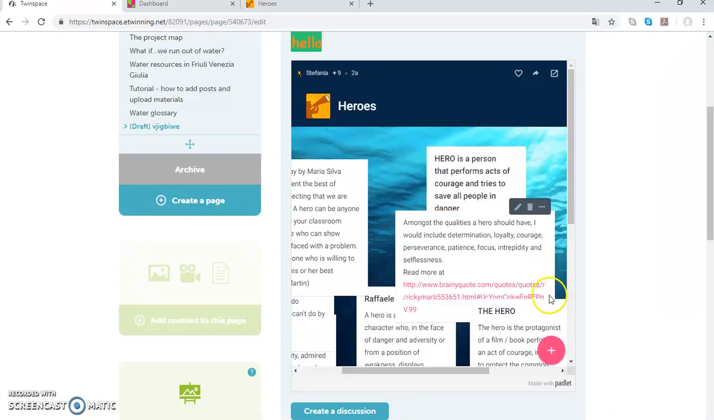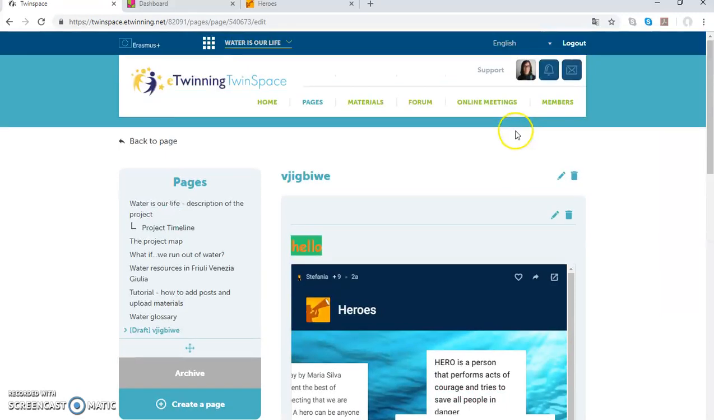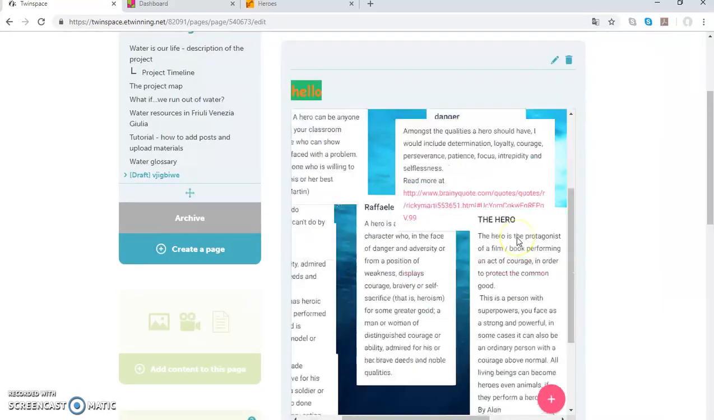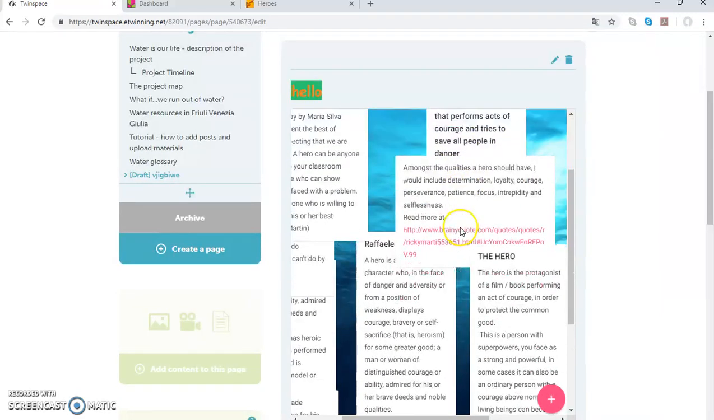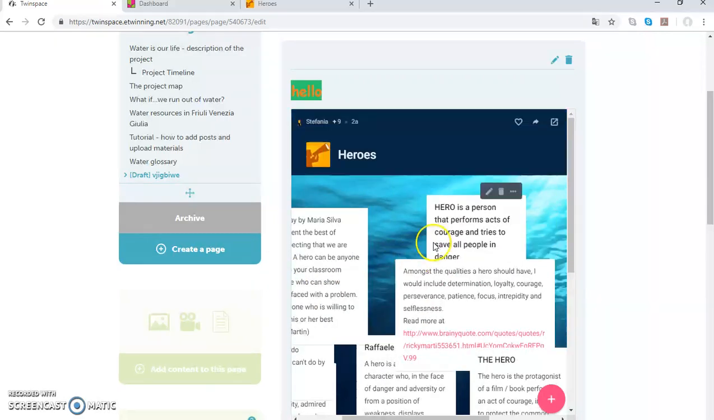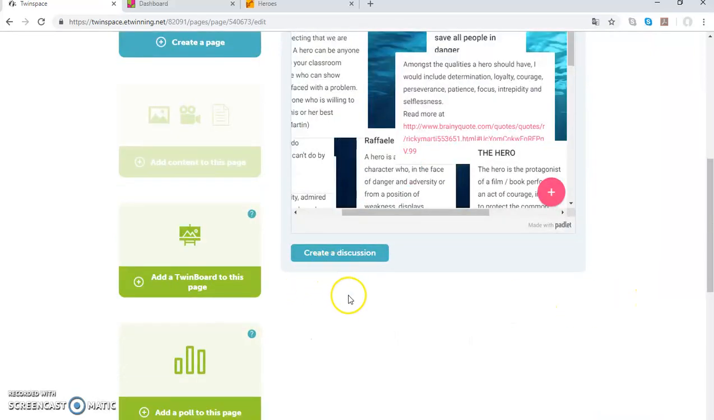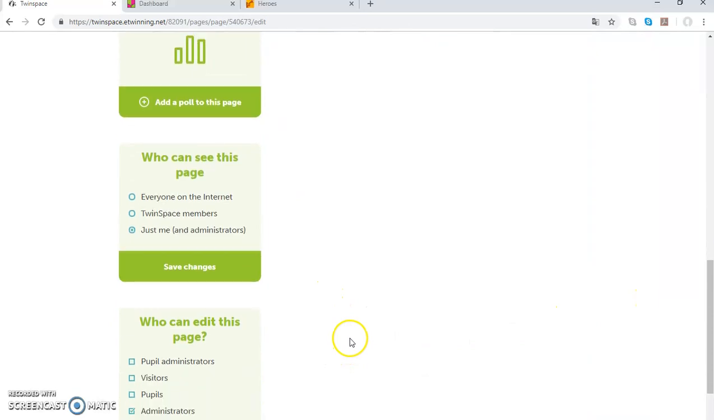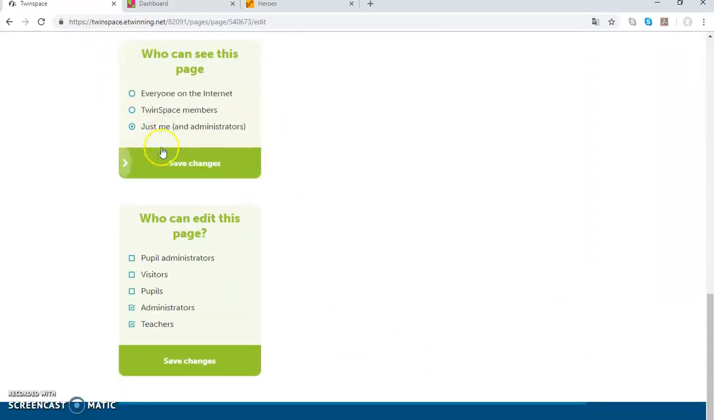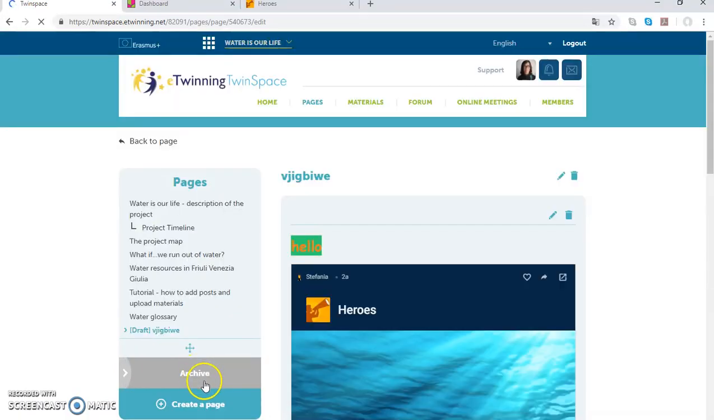Now I will, of course, delete this page. You can always delete a page by clicking on the dustbin. But I will save it just to show you what happens if you save it without modifying some of the characteristics that are written here. If you just save the changes as they are,